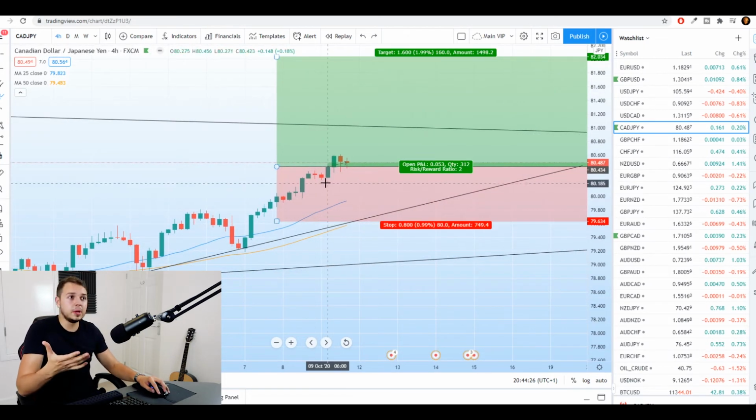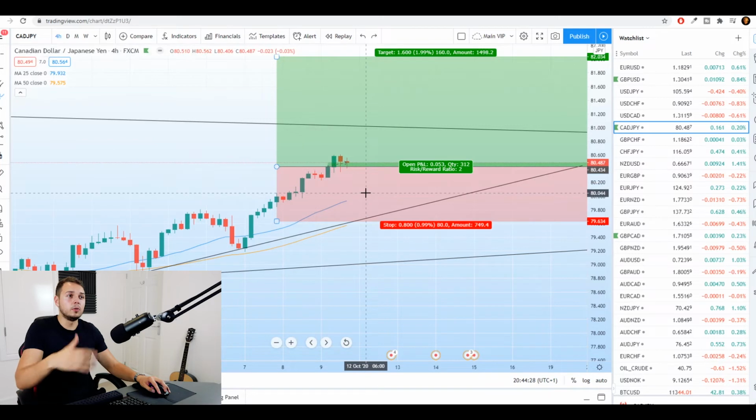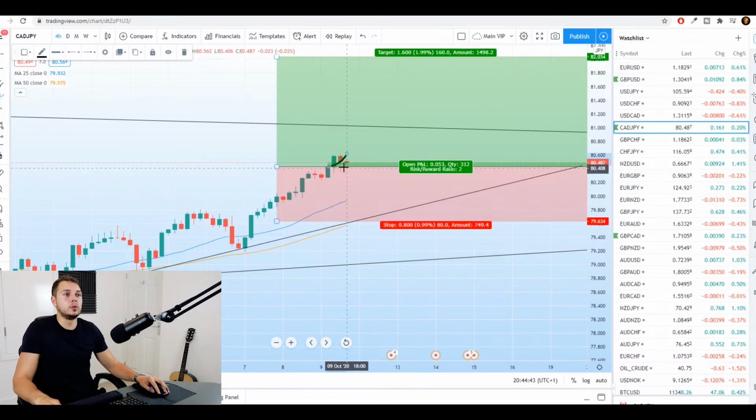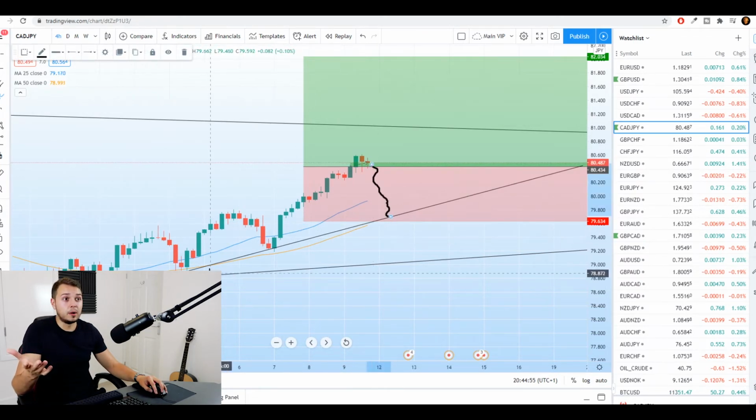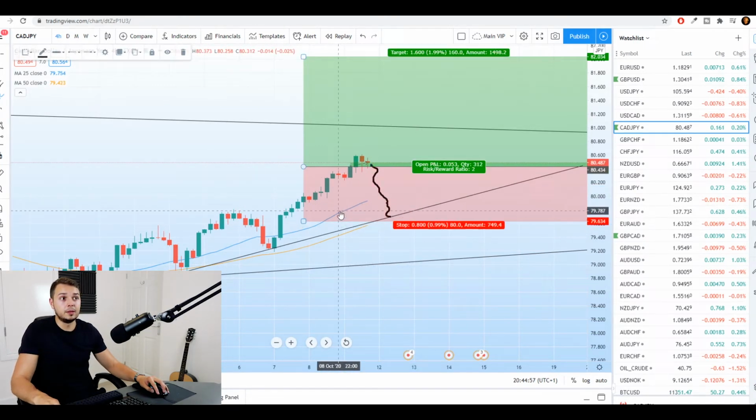So let's say we entered somewhere around this area, our stop loss is 80 pips. It's quite big, right? It's shooting towards the upside. Now we entered this trade, we saw this movement, but now it's pulling back a little bit. It's a risky trade because it can trickle away towards the 4 hourly uptrend over here, the moving